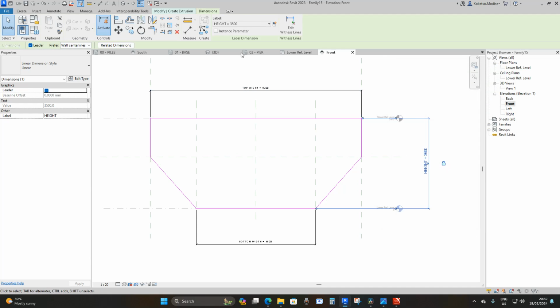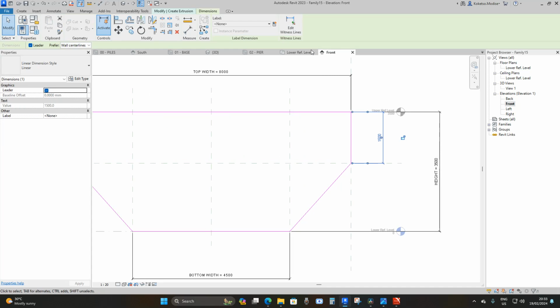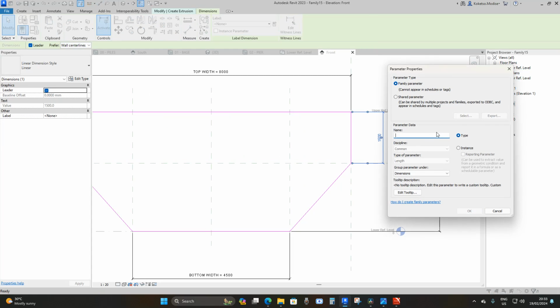Okay, and then you're gonna lock it, and then you're gonna go to your dimension again, and then select this line, and then hover over this intersection until you see a blue dot, and then select it, and then drag it outside, escape, and then select this dimension, and then go to create parameter, and then you're gonna name this